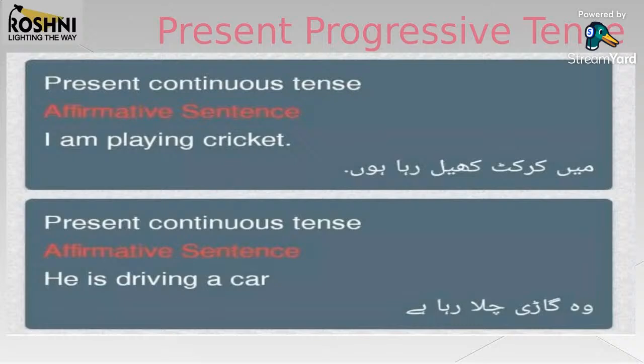This sentence is usually related to the ending part, and it has a continuity in the sentence. For example, मैं क्रिकेट खेल रहा हूँ, मैं घर जा रही हूँ, वो गाड़ी चला रहा है. In this sentence, रहा है, रही है, रहा हूँ, रही हूँ, रहे हैं, रहे, जहां पे भी आ गया, it means it is a continuity. You have to use a present progressive tense.